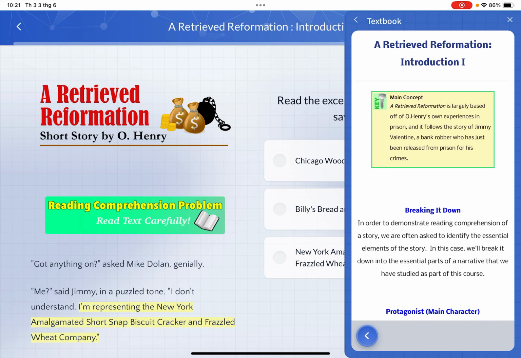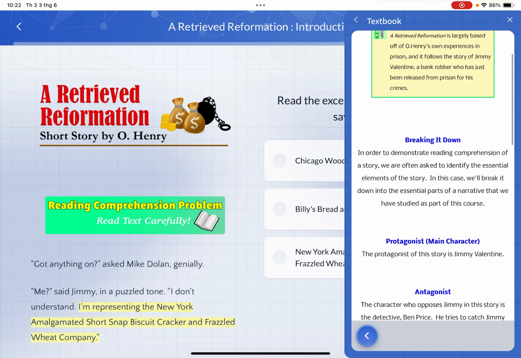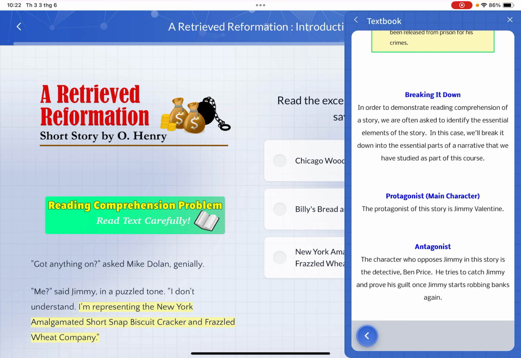A Retrieved Reformation is largely based on O. Henry's own experiences in prison, and it follows the story of Jimmy Valentine, a bank robber who has just been released from prison for his crime. So basically, this one is largely based on O. Henry's own experiences. Now, in order to demonstrate reading comprehension of a story, we're often asked to identify the essential elements